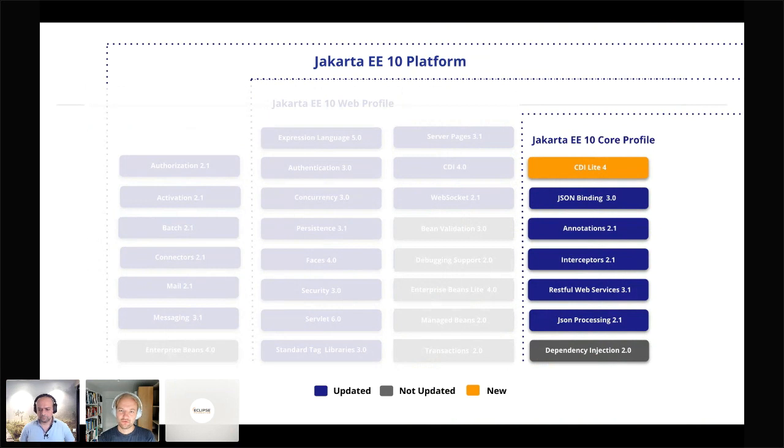And there are different profiles. In this talk, we're going to focus on the Jakarta EE 10 core profile, which is new in 10. That's dependency injection, JSON and REST. Those things we've already seen. What's special about the core profile is that it is part of Jakarta EE 10, but it's also a crucial part of MicroProfile, actually,